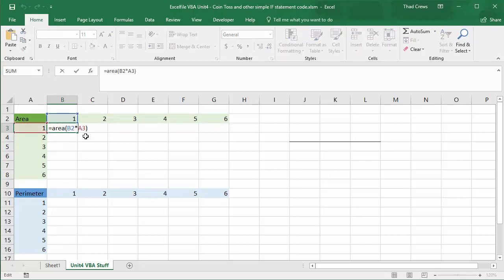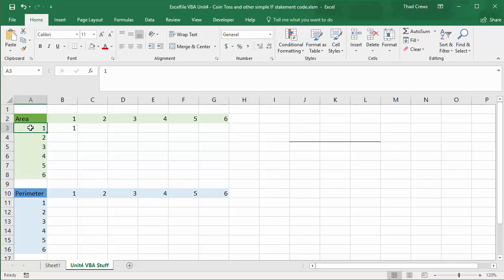No, I'm sorry, not times. Comma. Commas separate items in a list. And I'm doing the area of that cell, comma, that cell. Right? So B2 and A3. And I get, if I had a 1 inch by 1 inch square, the area would be length times height